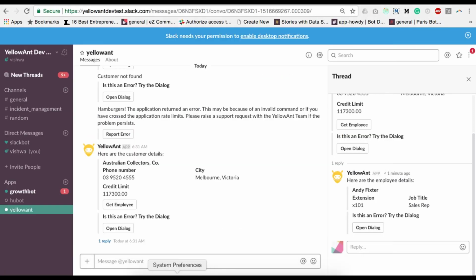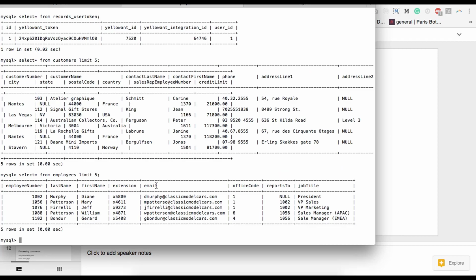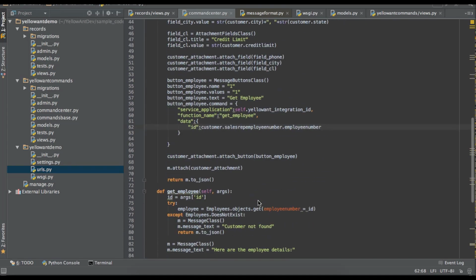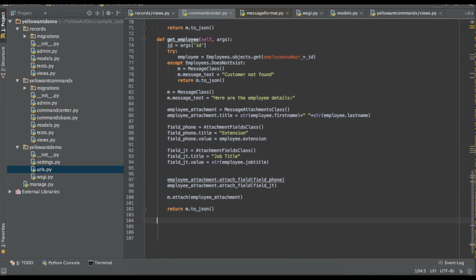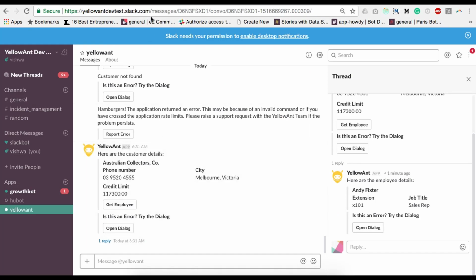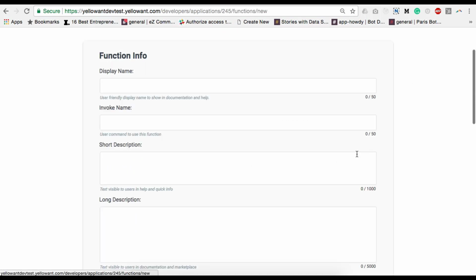Now let's see what else can we do. Now let's say I want to assign a particular customer to maybe another employee, right? So in that case, what I'm going to do is I'm going to create another function. I'm going to create another command that says assign customer to employee,